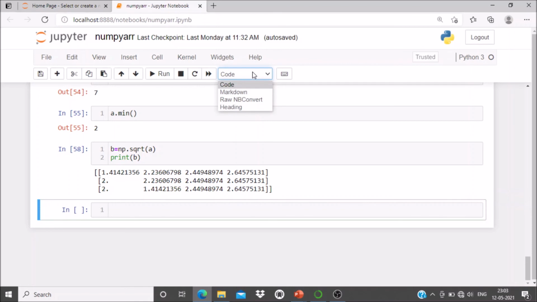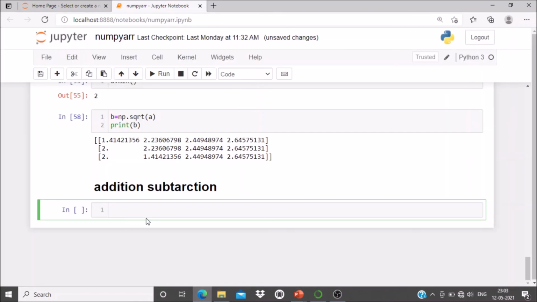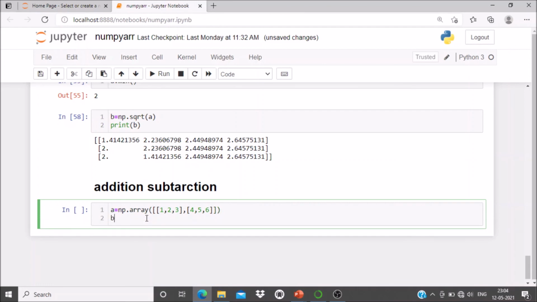array. So I will give the heading. We will consider two arrays. A is equal to, suppose, np.array, and the elements are 1, 2, 3, 4, 5, 6. Similarly, b is another array.